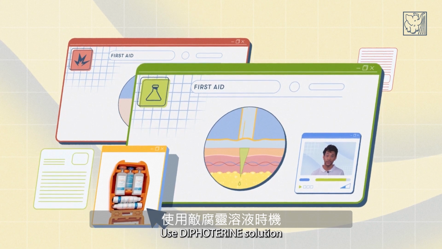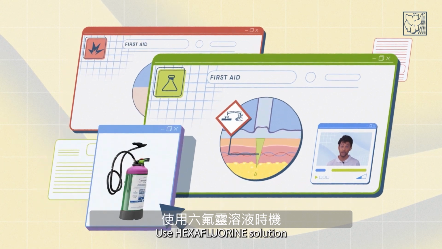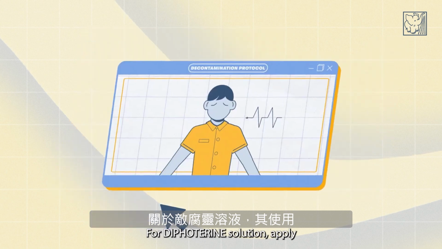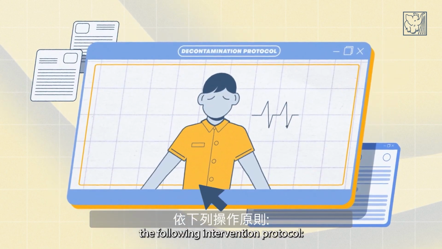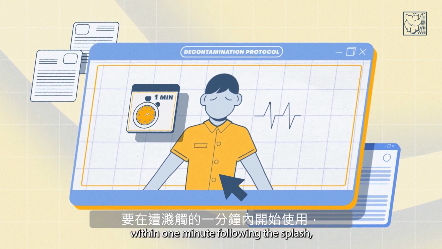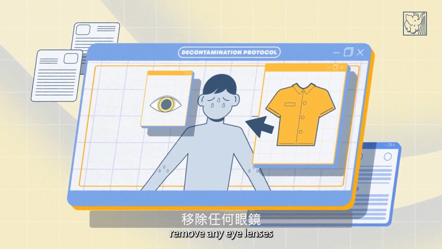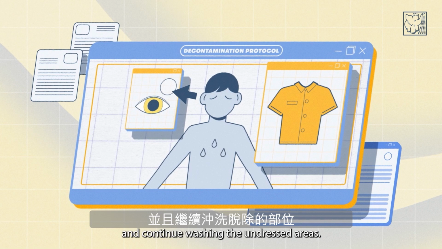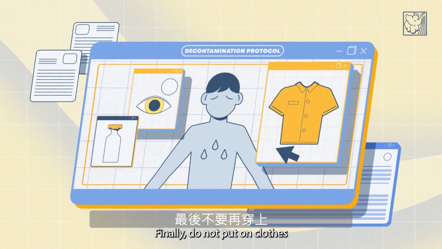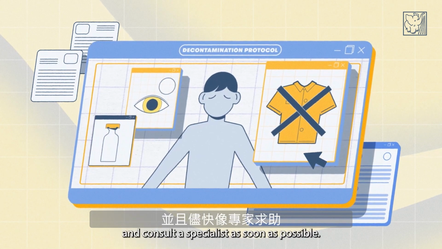Use diphoterine solution for irritating or corrosive chemical splashes. Use hexafluorine solution for hydrofluoric acid. For diphoterine solution, apply the following intervention protocol. Start washing as soon as possible, within 1 minute following the splash, starting with the uncovered areas. Then undress the victim, remove any eye lenses, and continue washing the undressed areas. Make sure you use the whole pack. Finally, do not put on clothes that have been soiled by washing or chemical products,